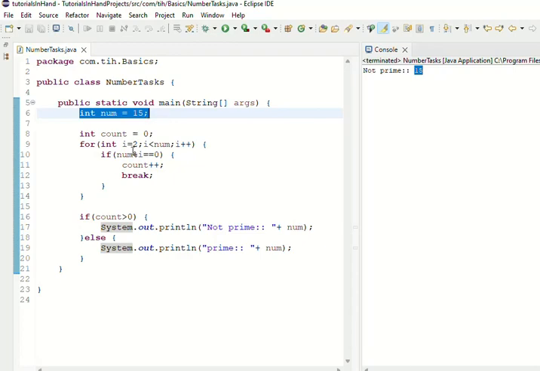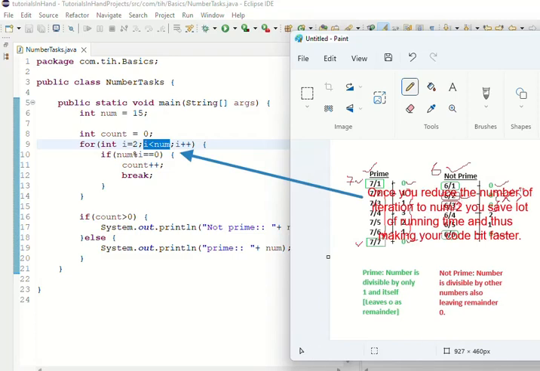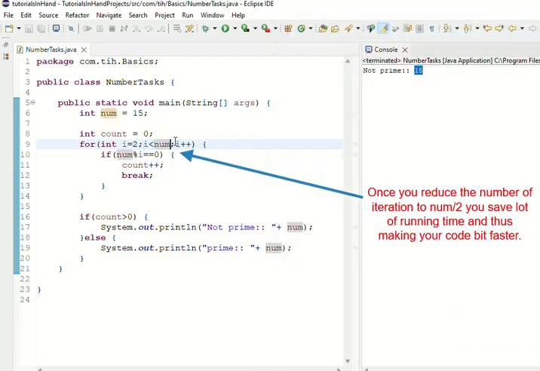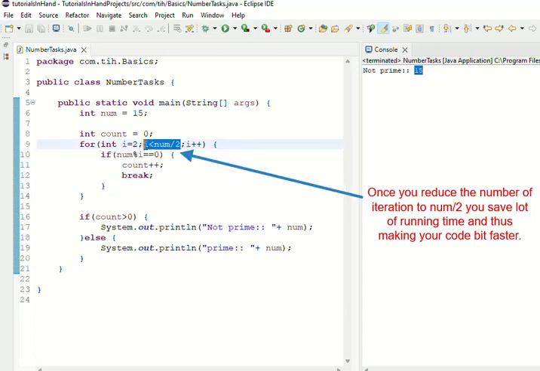And one more thing is, you can modify this logic. You don't need to run till 1 less than the number. You can also conclude once you have reached half of the number which you are testing. Suppose 6 you are testing. So once you reach 3, that means 6 divided by 2, you reach half of this. So you can test up to 3 only. So you can run from 2 till number divided by 2. So your logic can be this also, num divided by 2, and this will be much better and it will save the running time of your program. So if you want, you can try this also.